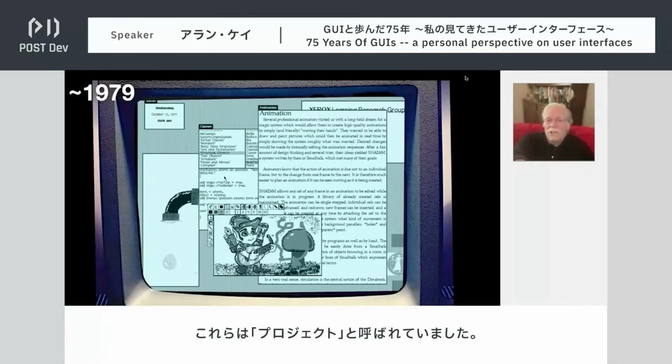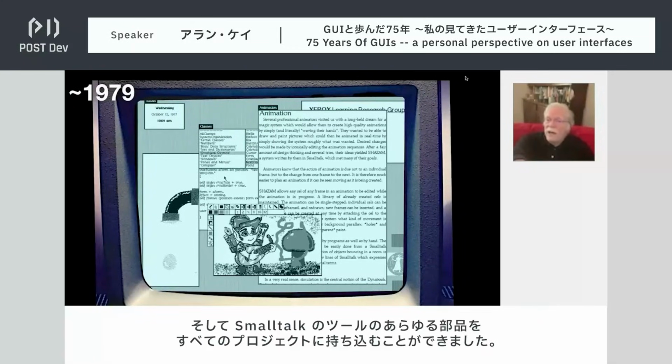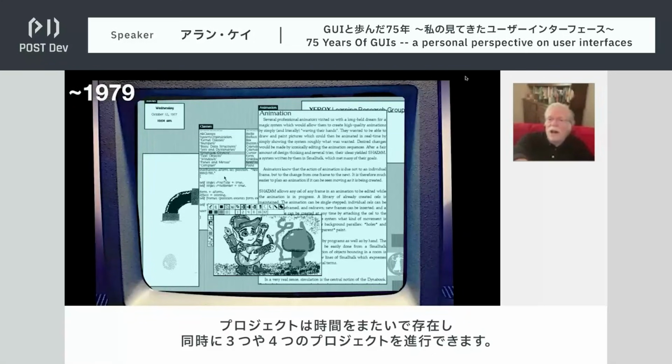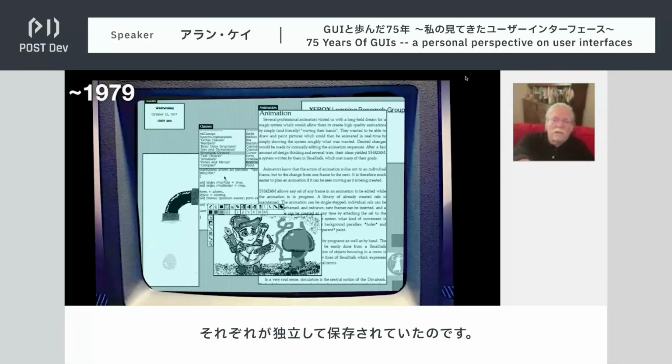These were called projects. And you could bring any parts of the Smalltalk tool to all of the projects at once. They existed over time, so you could have 3 or 4 projects you're working on simultaneously. Each one was held separately.